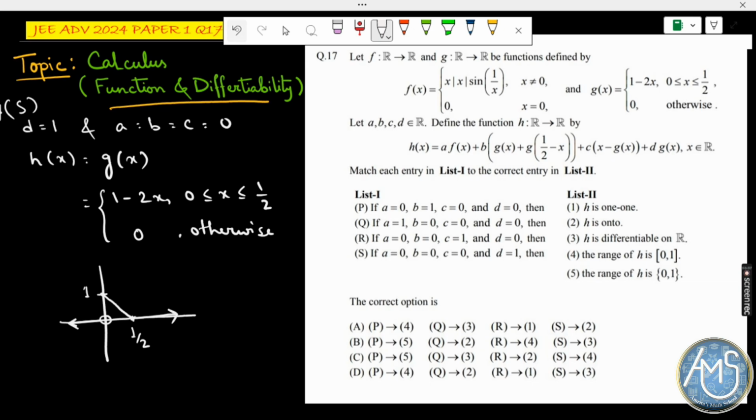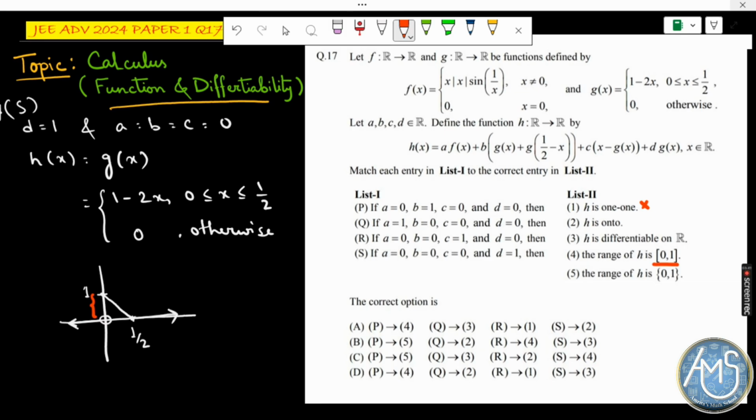So it is clearly visible that it is not one-one, because for so many x we will get 0 as the value. Then there are so many y's also for which we don't have any pre-image. Like between 0 and 1 in the y range we have only 0 and 1. So it is clearly visible that the range is the closed interval 0 to 1,